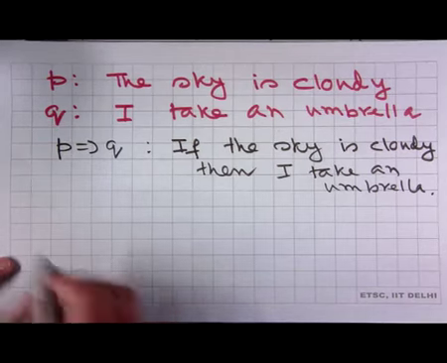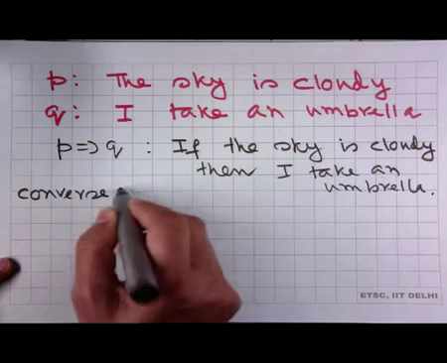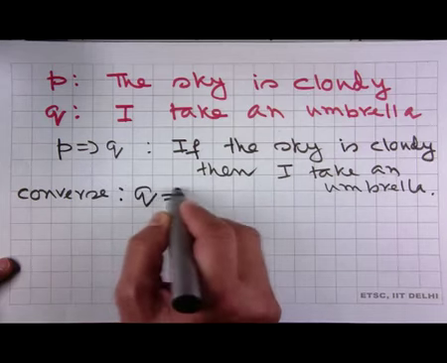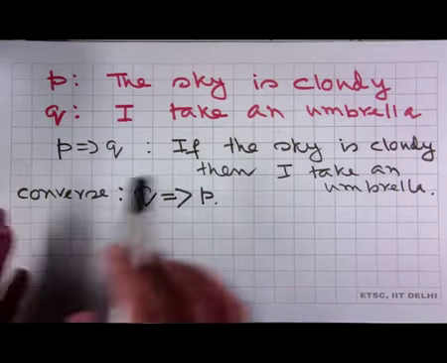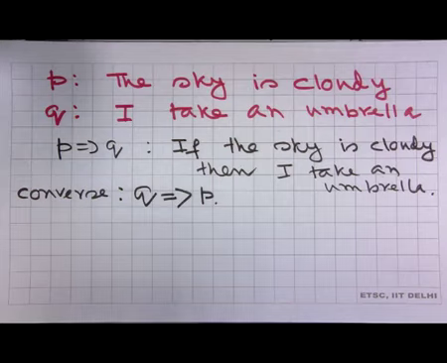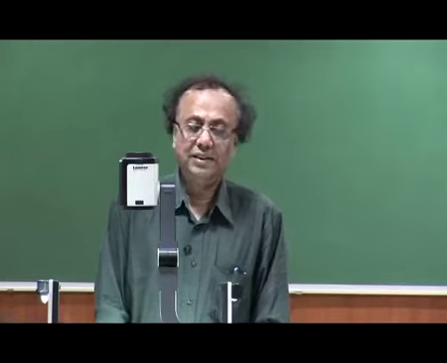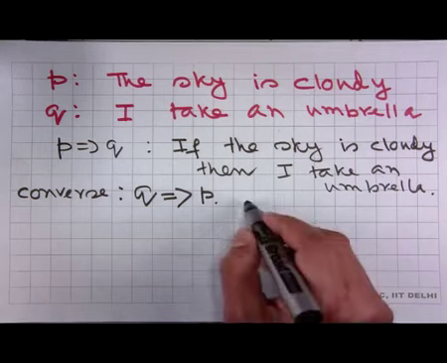What does it mean? The converse is Q implies P, right? So, the given statement is if the sky is cloudy, then I take an umbrella. Its converse is that if I take an umbrella, that implies the sky is cloudy. Is it always true? Can we infer that if I am taking an umbrella, that means it is cloudy? We can't infer